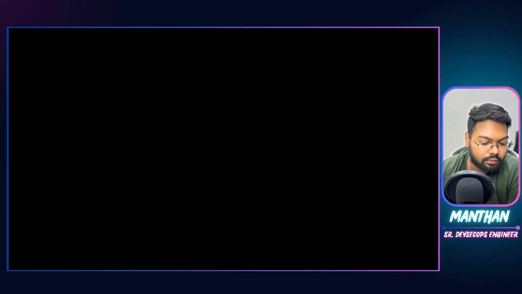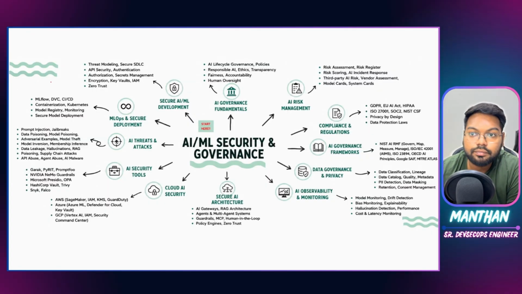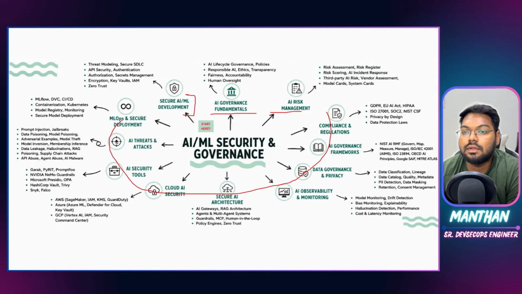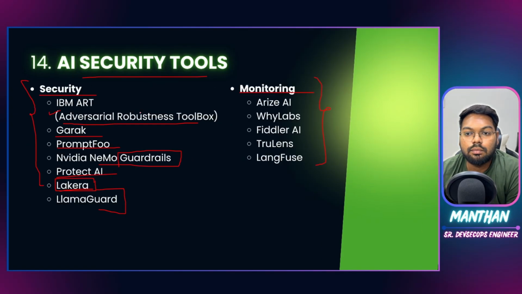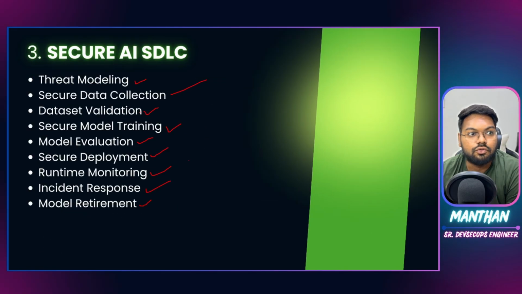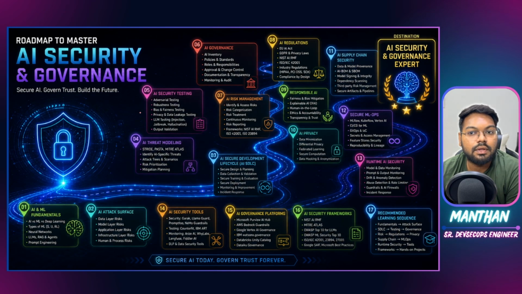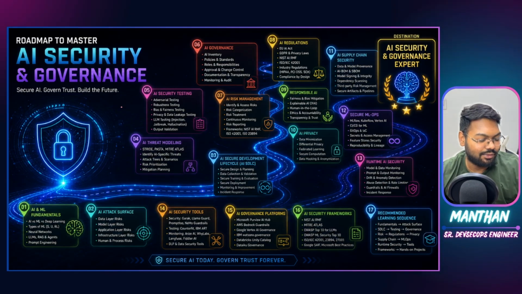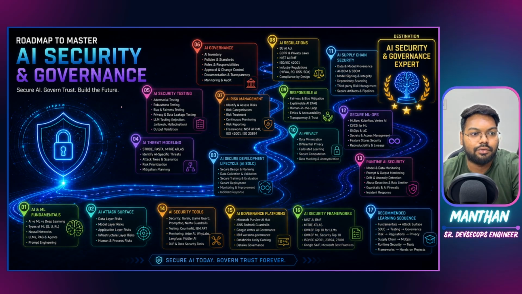So, sorry, my bad. Right from here, secure AI ML development, then governance, risk management, and all of these things is what we have talked about right now. I hope you have got the gist of today's topics. And lastly, we circled back to where we started. This is what you can look at for a quick overview of the things you need to do to govern and secure your AI.